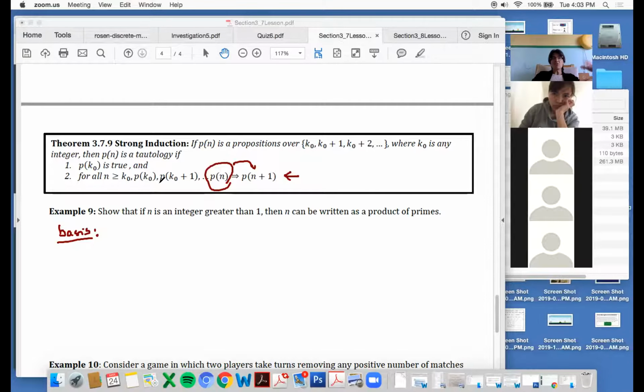And this works for the same reason that regular induction works, because this is